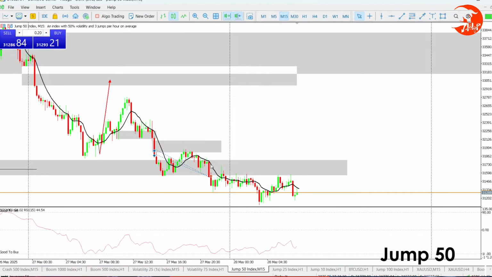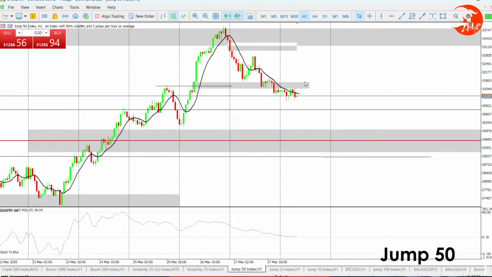So that's a lesson to learn on my side, to always go back and look at the structure before price actually comes back. So I didn't go back to jump 50. I don't know even what I was doing, what made me not to go back to it. Yeah, so that was a loss on my side.